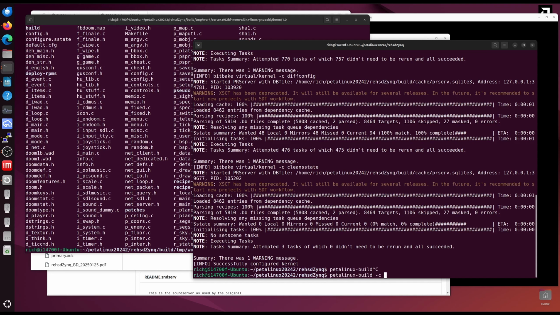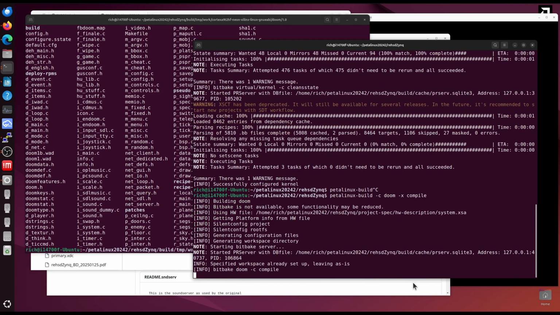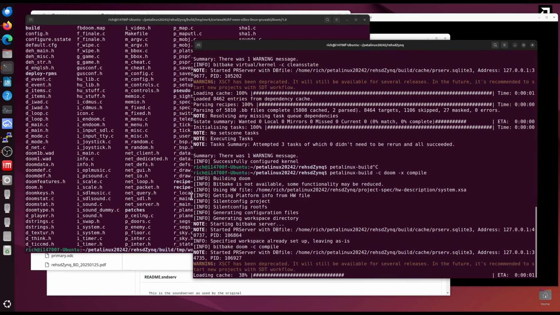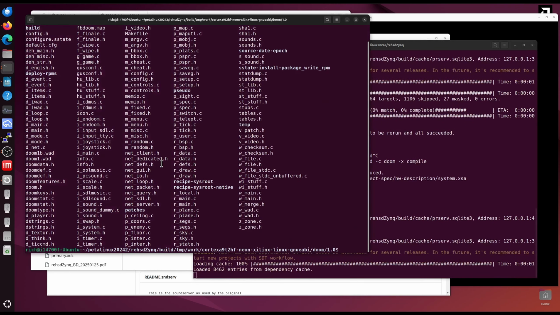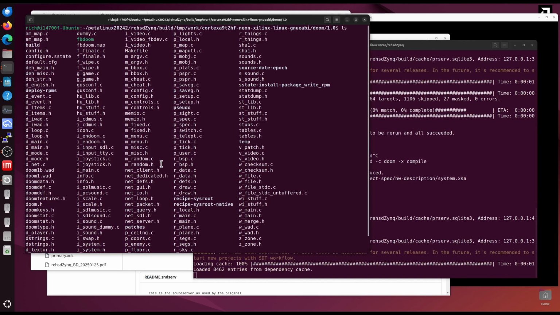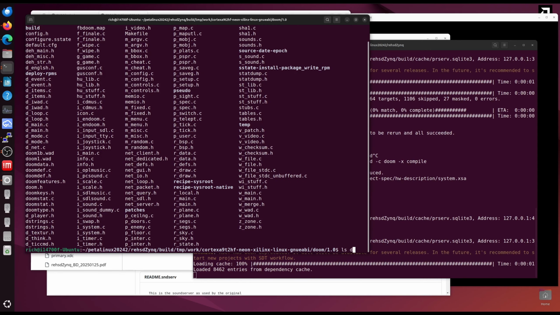just a single component that is Doom, and then you would add a little extra on the parameter side of things so that you can say, I want to just build that, but I don't want you to delete the temporary artifacts. And what you do is you add a -x compile. And so now if I was to run this, it's going to build Doom, but it's going to leave these temporary artifacts here, which is really handy, because then one of those is this,